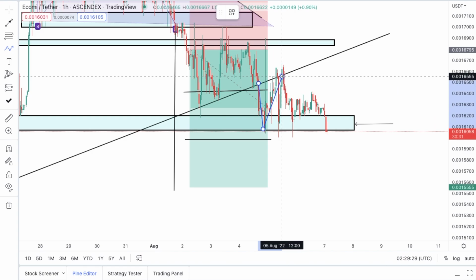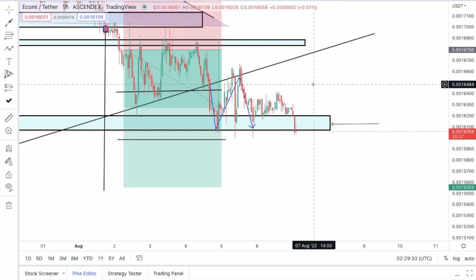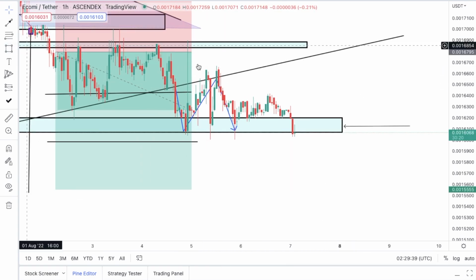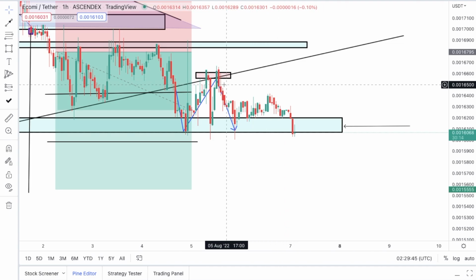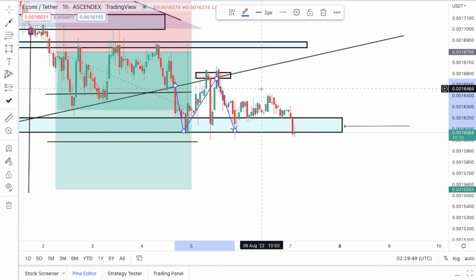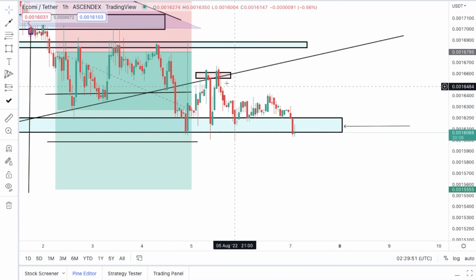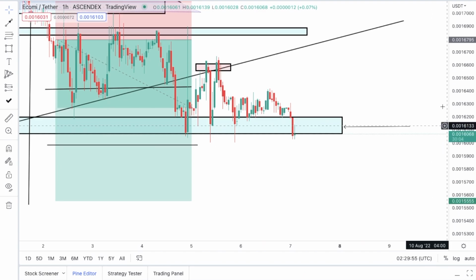And look what happened. Price went back to the trend line to retest the trend line as a key level of resistance. So once price came back to touch this key level as resistance, what are we going to look for? We're going to look for our method entry strategy. We're going to look for our strategies that we use every single day to sell the market. So once again, when price went down, that's exactly where we enter the trades,